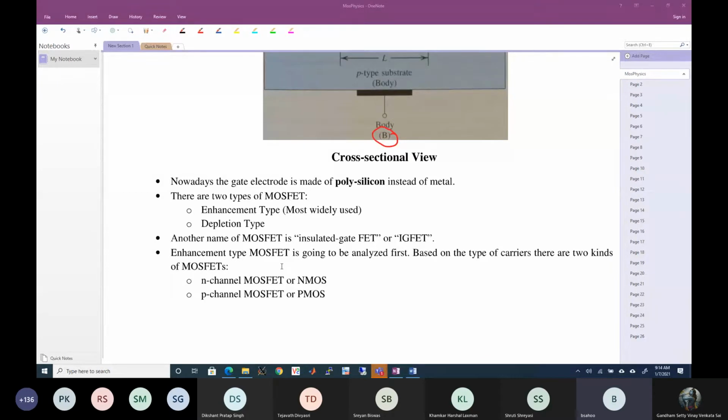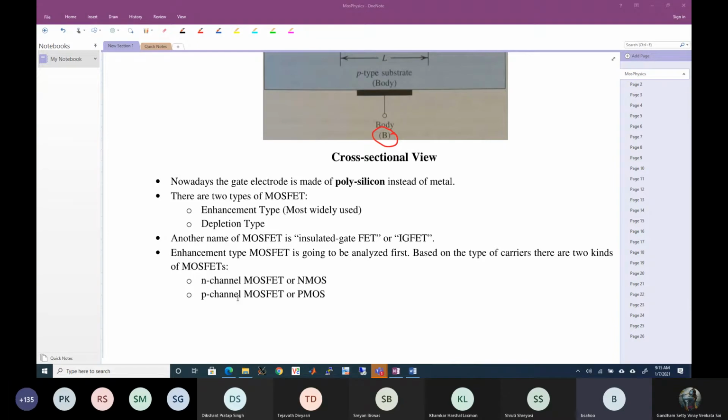Now, as I said, enhancement type MOSFET, we are going to analyze that, and we are not going to discuss much about depletion type MOSFETs, because in an integrated circuit, and also at PCB board level, most of the MOSFETs that we use are enhancement type MOSFETs. Depletion types are used, but very rarely. There are very special applications where you might need depletion type. Now, enhancement type MOSFETs,